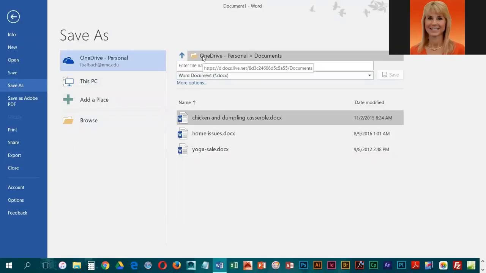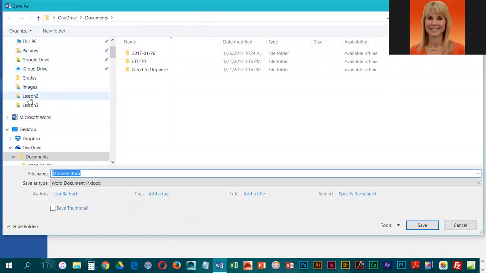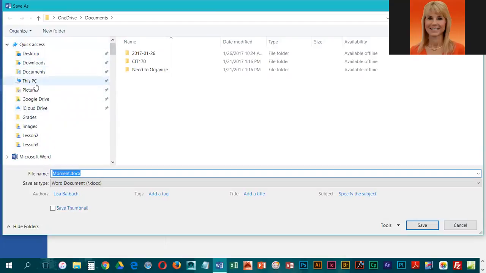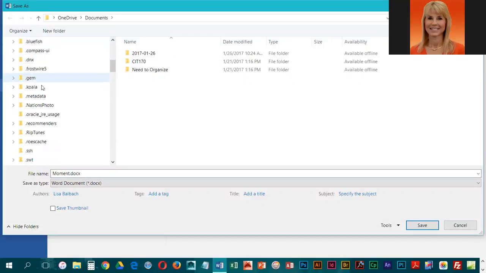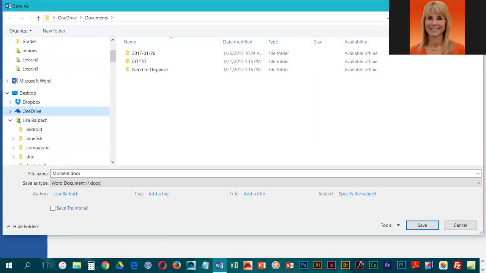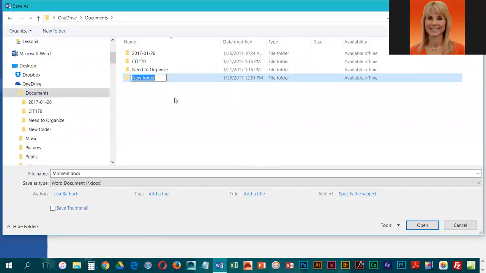So if the location you want to save to isn't here, click on Browse. Okay, because that will open up a window and it will allow you to choose the location. Okay, so we've got OneDrive that you could save to. Otherwise, underneath your username, you would have a document folder there as well. Now, what I always tell students or recommend, doesn't really matter to me where you save it as long as you know where it's located. What I recommend doing is putting all of your work into a folder and label it CIT100, because that way you know exactly where to go